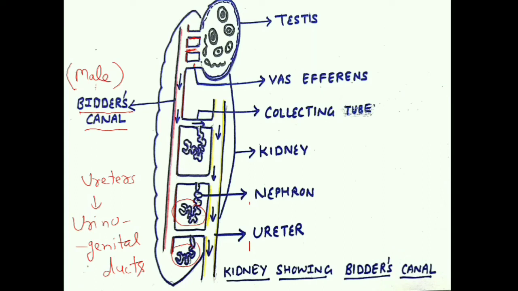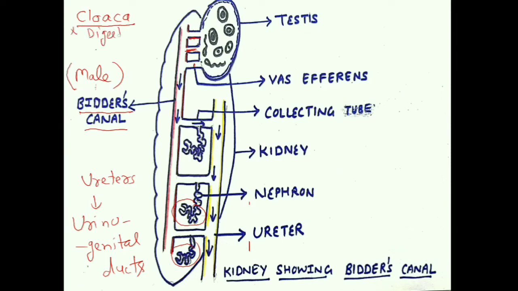From the ureter, urine comes down to the urinary bladder. I told you it is a bilobed sac present in the hind end of the body. So the bladder is there for the temporary storage of urine. It has a muscular wall, and finally the bladder opens to the outside through an aperture called the cloacal aperture. At the hind end in the frog body there is a common chamber. We call it the cloaca, and this common chamber serves for the exit of sperms, that is gametes, and also for urine, and moreover for fecal matter. So you can say the cloaca is the common chamber for three systems.